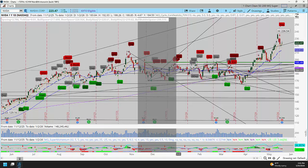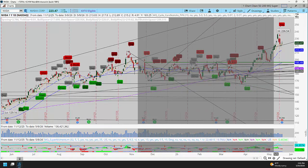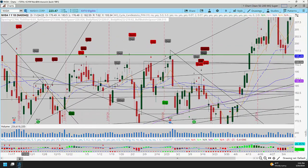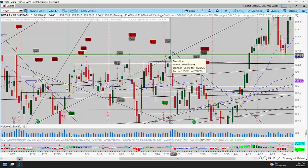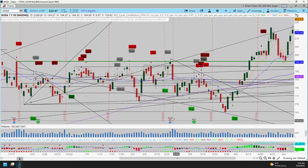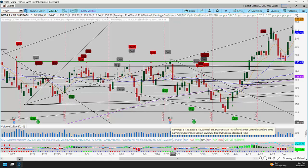But one really interesting thing with the prior two earnings, and this is a really important level if you're trading Nvidia, is here with the November earnings. It gapped up and opened at 195.95 and then sold off shortly thereafter. That became resistance here, February 25th, and also resistance when they reported in February. So even though they beat,